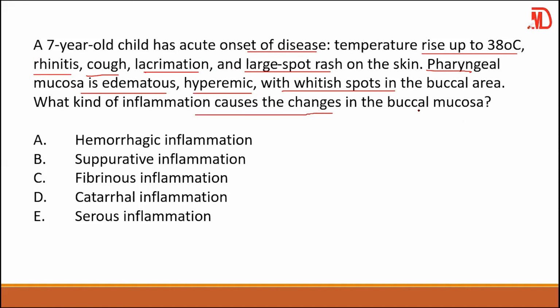Even somebody who doesn't know much would say, oh, my child has a catarrh, because there's rhinitis, coughing, lacrimation, and all kinds of things. As simple as that. So you are not far from right. This person is having a catarrhal type of